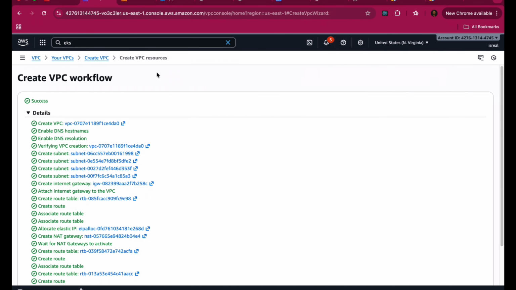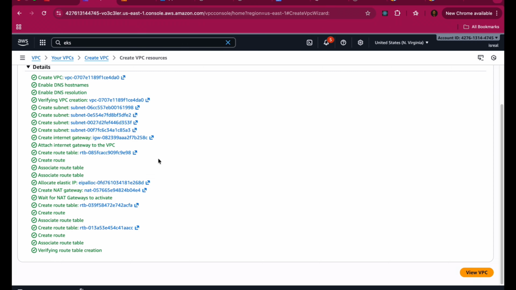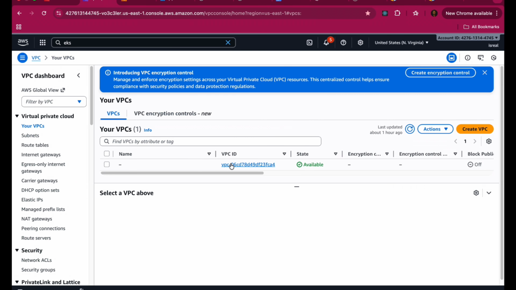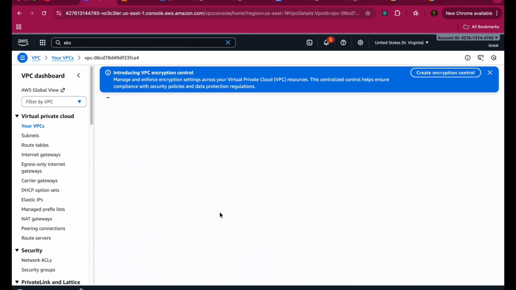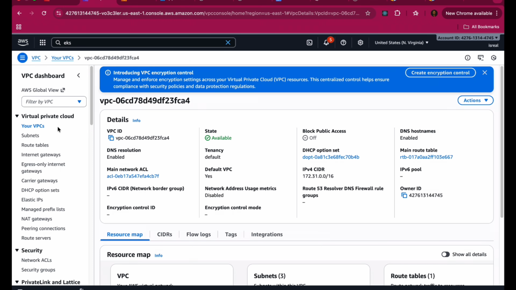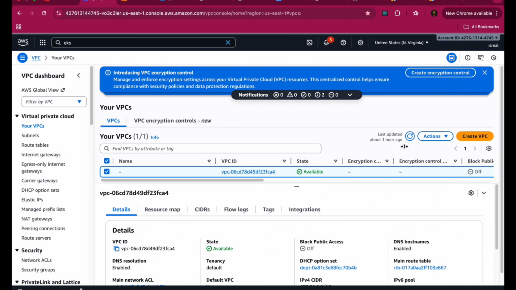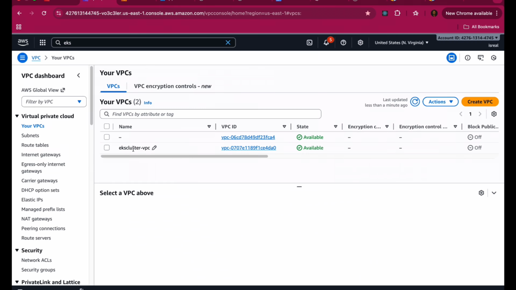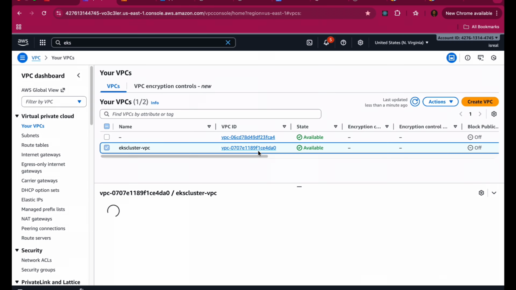Now we can confirm that on our VPC. Click on your VPC, and this is how we created our VPC previously when we started the video. Click on my VPC and click on the VPC we created, and this is not the one we created. This is the default one that comes with AWS. So refresh, and this is the one we are looking for. Click on it